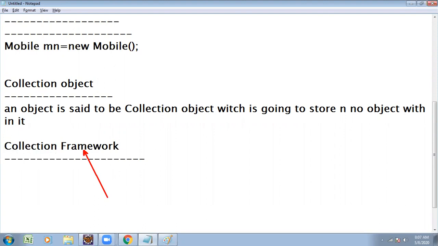A framework is a ready-made architecture. No need to do it by yourself. Suppose you wanted to utilize a mobile. Are you purchasing all components of the mobile and soldering and making the mobile? No. You are not going to do that process. So what do you do? You purchase the mobile, ready-made, with all components arranged.